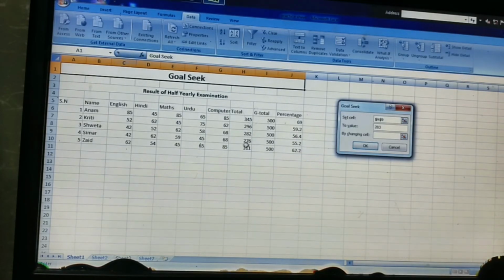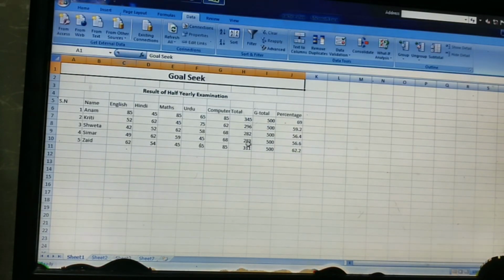So for this I need to give a cell address, and let's see in which subject she has got the lowest marks. She has got the lowest marks in English, so I am giving the cell range of English. Now click on OK, and you can see 283 has been done. So here you need not mention how many marks you have to enter. You just need to give your goal.